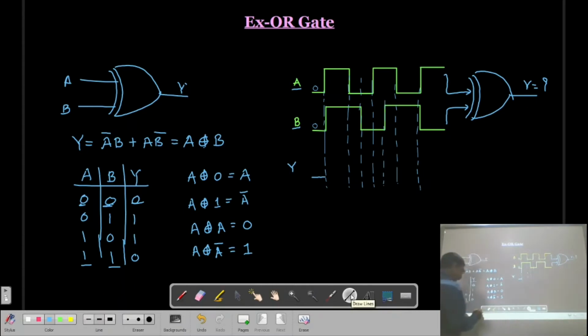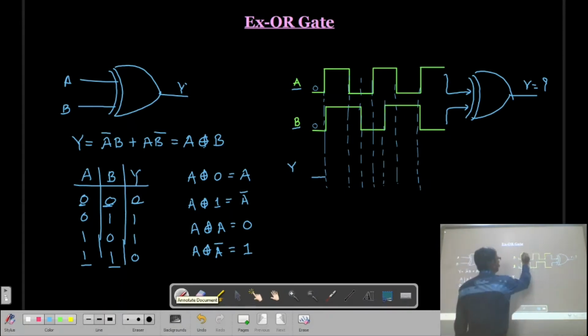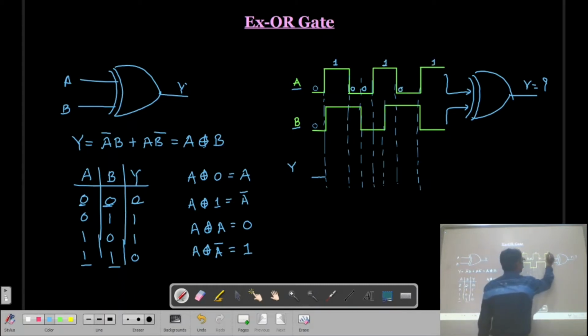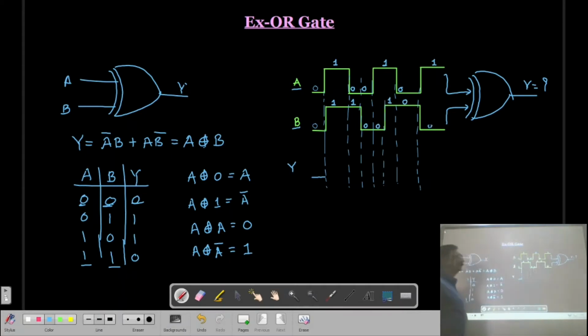Then first of all you can write where the high levels and the low levels are, and then you can easily mark it. So we have these high levels, these are the low levels, this one is a high level, then low level and low level.